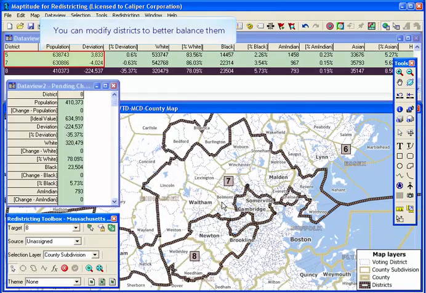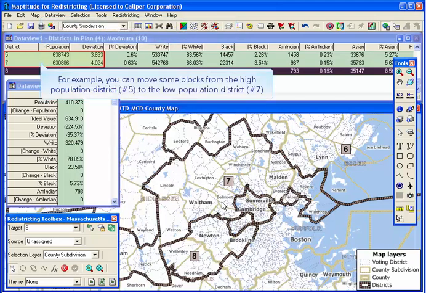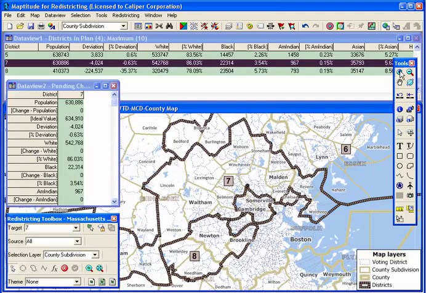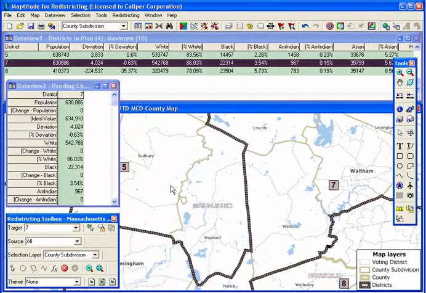You can also modify districts to better balance them. For example, you can see here that District 5 is 3,833 over the target population, and District 7 is 4,024 under the target population. So you can move some blocks from the higher population district to the lower population district. I will make the 7th district the target district because this is the one to which we want to add population, and I'm going to zoom in on the border between these districts to see the individual blocks and their